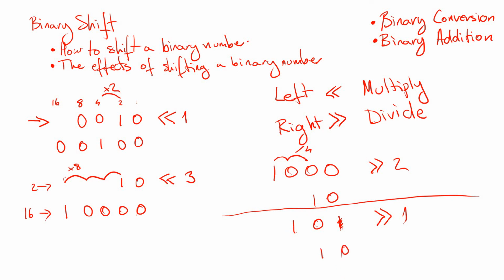We divided 5 by 2, and in your mind, obviously, as you've been taught, 5 divided by 2 gives us 2.5. But because it does an integer divide, it completely throws the decimal point away and leaves us only with the integer value. So when you are dividing or shifting to the right, any value that goes past that invisible line at the end is completely disregarded, thrown away as garbage, and we are left only with the whole number. Okay, and you can practice this